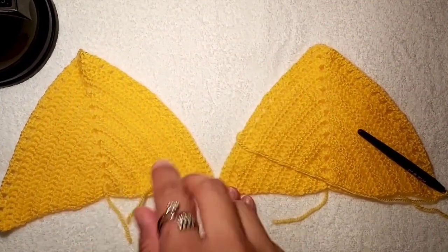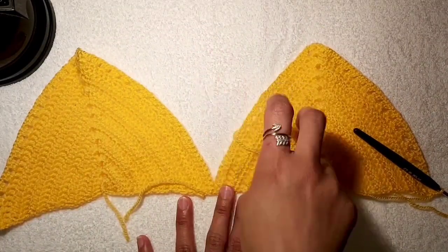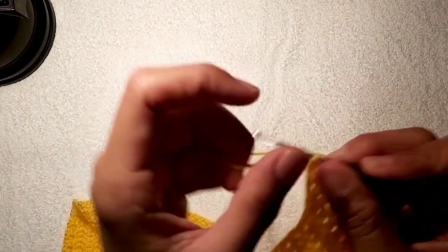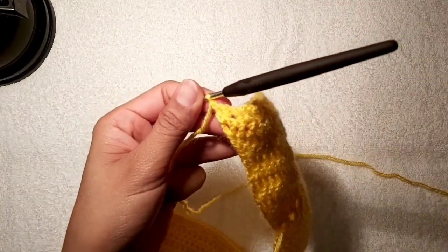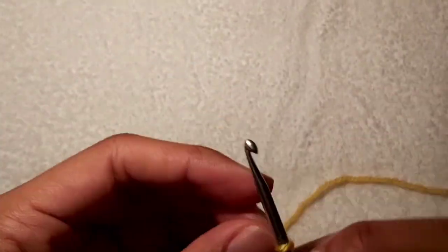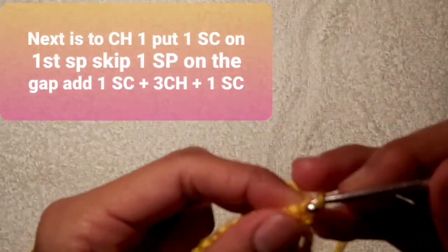Let's go ahead and move on to the second design for these 2 cups. To start, you need to chain 1 from the last double crochet. I'll go ahead and zoom it in a little bit for you there. And then what you want to do next is to put 1 single crochet on the next space,